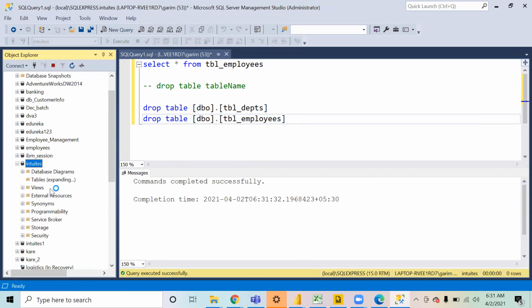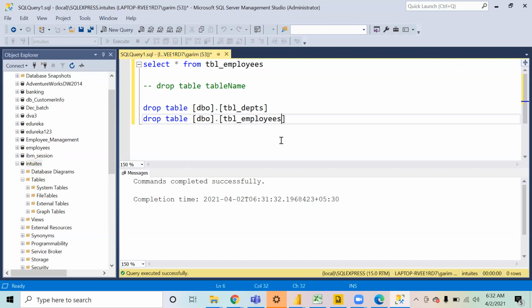The tables won't be there. So we have dropped them.